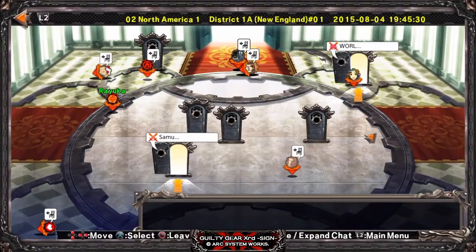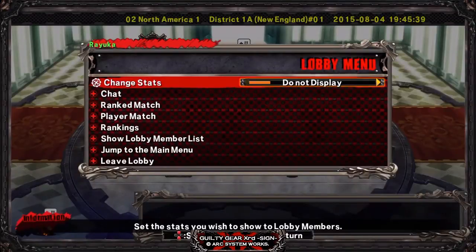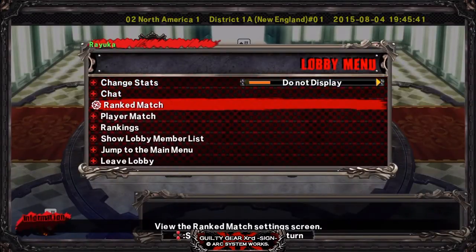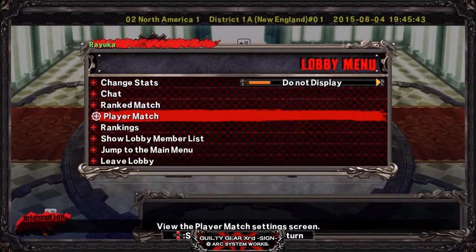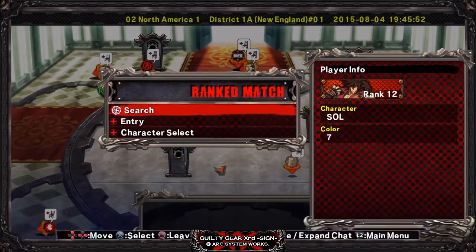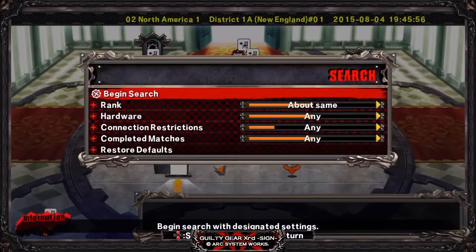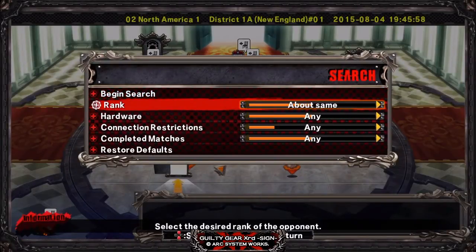And as you can see here, this is how the lobby looks. Pretty much, you got people hosting little lobbies within the lobby, player matches. You can also challenge the people as well. Those little icons moving around are actually people. And as you can see here, you got rank match, player match, and then rankings, which shows where you rank at, and so on and so forth. Character you choose to play, and so on. Now,